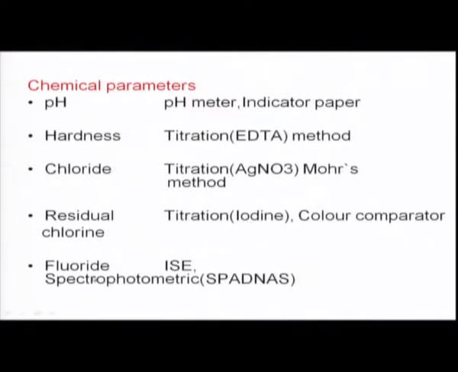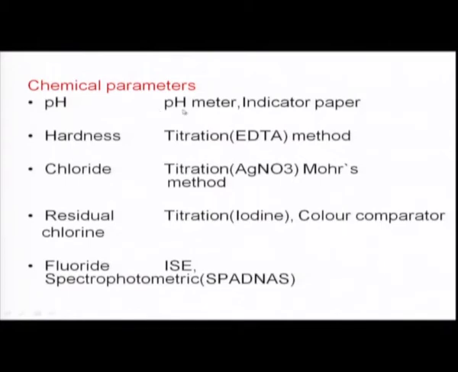Fluoride is another very important water quality parameter, because in India it has caused many health related issues. Many people in many places of our different Indian states are affected by the high level of fluoride concentration in drinking water, and the method used for determination of fluoride is ISE, ion selective electrode, similar to the pH meter,